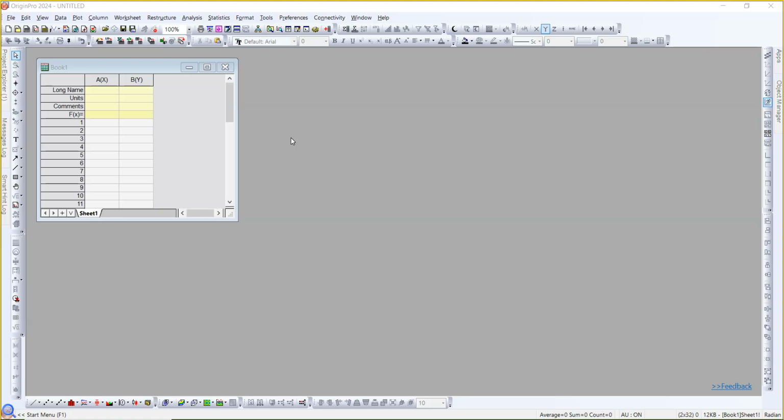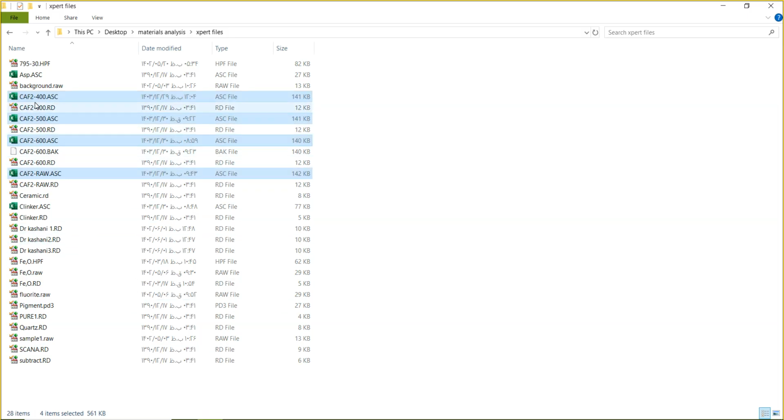As we can remember, for the first step, we have to convert the format of the files into AST format. As you can see, I converted them into AST format. We can do it with the expert HighScore software, or even just rename the file into AST format. And we have to copy and paste it into OriginPro software, or drag and drop it into the OriginPro software. We can do it easily by dragging these files into the